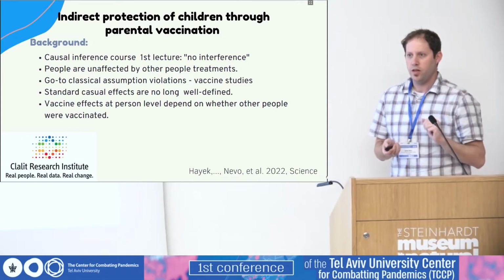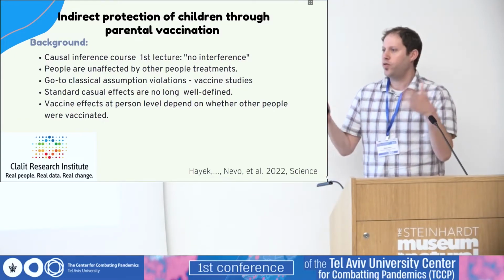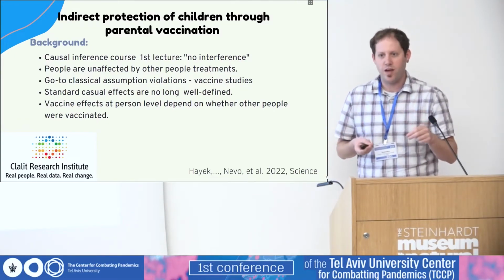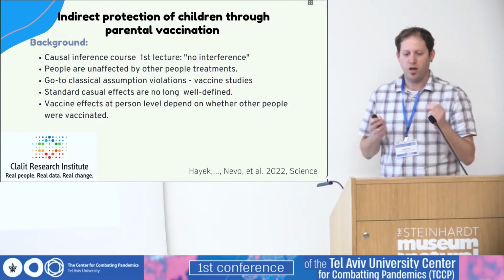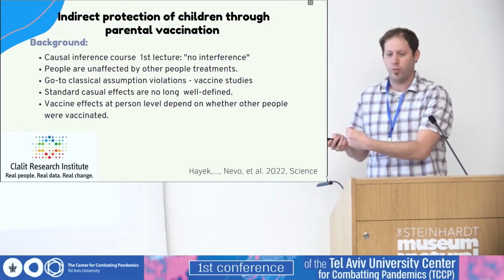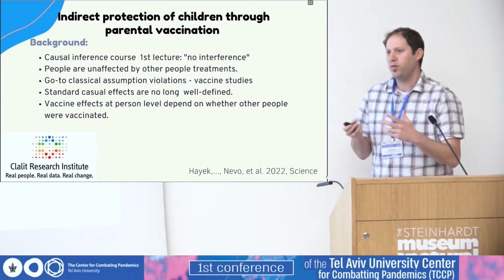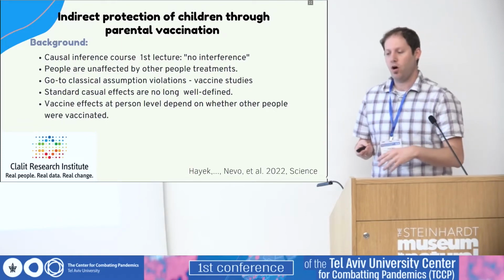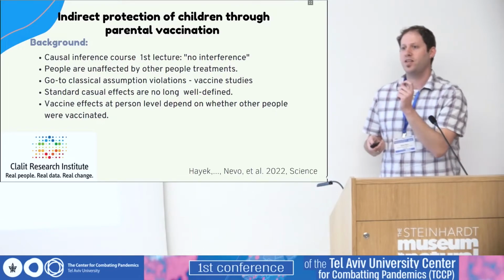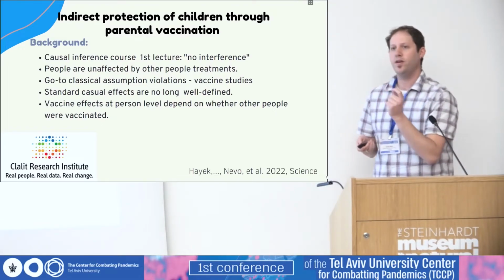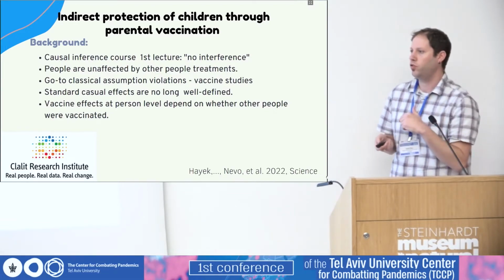Moving to number 3, the most recent one, on indirect protection of vaccines. As I said, in the first lecture when I teach causal inference with math and all that stuff to graduate students in statistics, I talk about the no interference assumption. My treatment cannot be affected by other people's treatment. And my go-to classical violation is vaccine studies. I've been showing tables of vaccine coverage in India and Bangladesh against cholera and stuff like that, showing that the treatment effect, the vaccine effect, really depends on which community you live in and whether the community has a high proportion of vaccinated or low proportion of vaccinated.